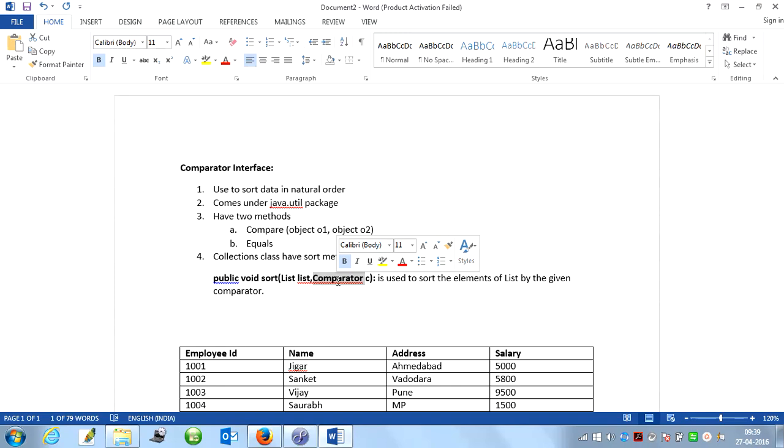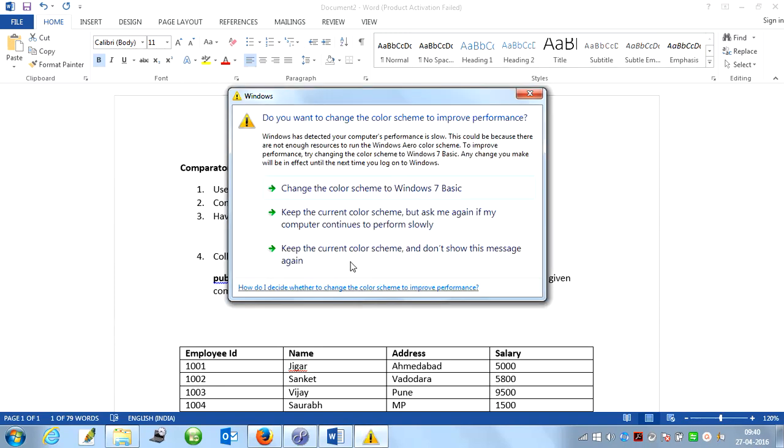But Java already has a Comparable interface, so what is the need for the Comparator and why was it added in the collection API package? If you want to sort the data on multiple criteria, like sort the data on the basis of the name, on the basis of the salary, on the basis of the employee ID, or on the basis of the address, if you have different types of criteria, in that scenario Comparator is a good option to select.